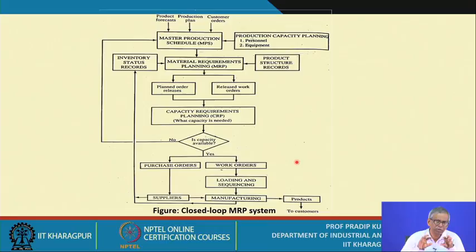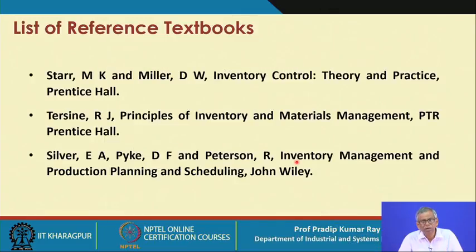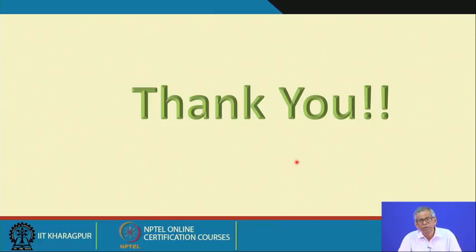Whenever you focus on the MRP systems, you must have in your mind that the MRP system is a part of the closed loop MRP systems, which is very much linked with the capacity planning system. So with this understanding of the closed loop MRP systems, I conclude this session, and in the next session I will be discussing the MRP2 systems, manufacturing resource planning systems, and the DRP systems, distribution requirement planning systems. Thank you.